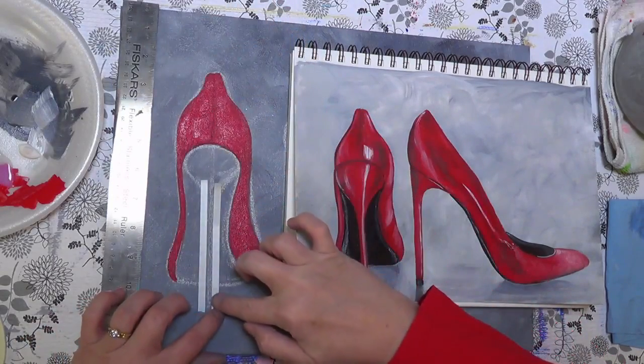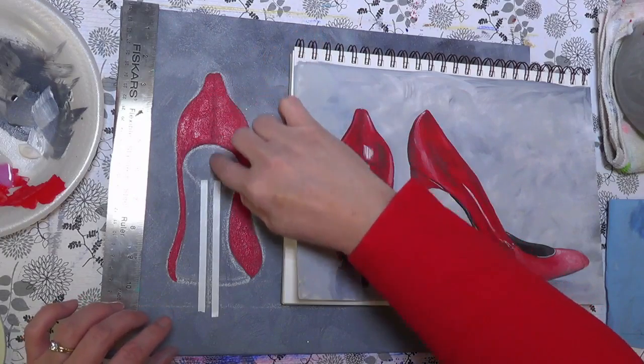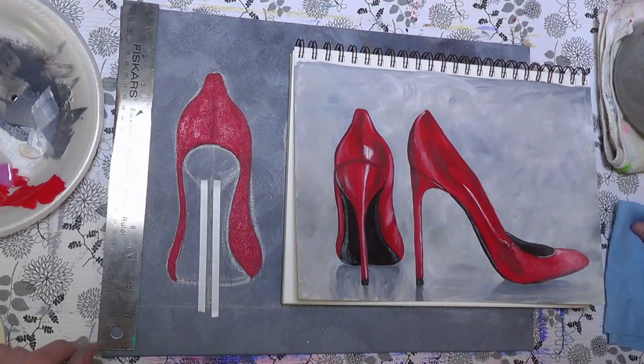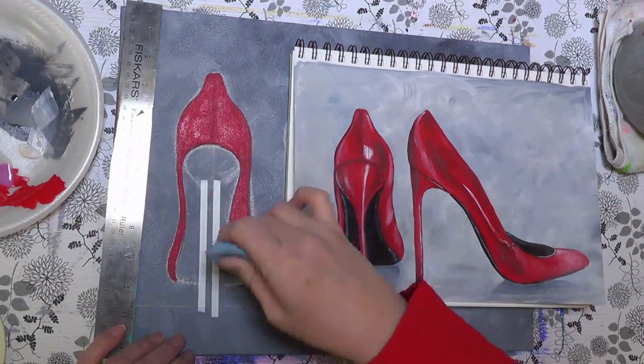Okay, I think that's about good. I want this middle line to be right in the middle of that, so I might have to wipe off my chalk and just make sure that...